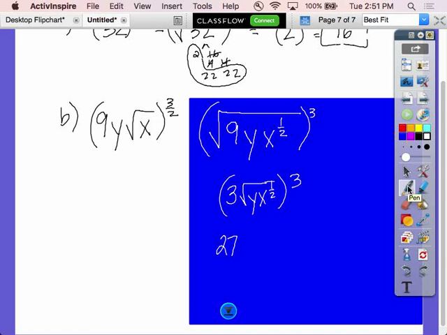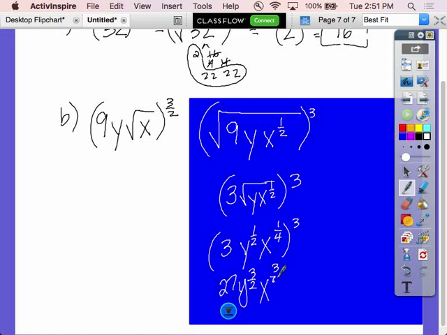I'm going to change this. Rewrite this as y to the 1/2 and x to the what? I'm taking the square root of x to the 1/2. That makes it the 4th root, overall. Maybe this way wasn't faster. And then you would raise everything to the third power. So 27, y to the 3/2, x to the 3/4. You get the same answer either way, but